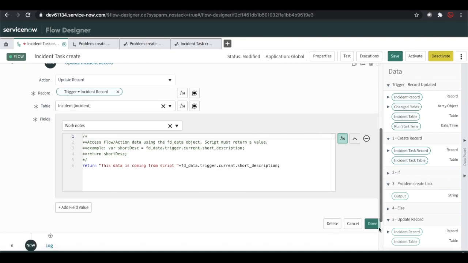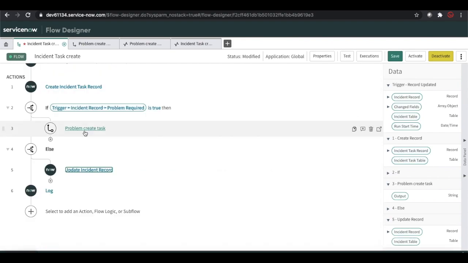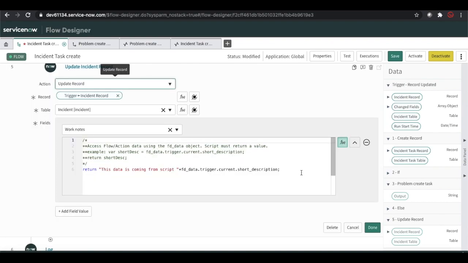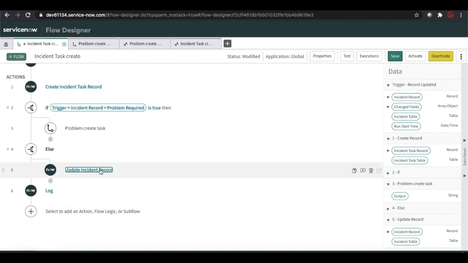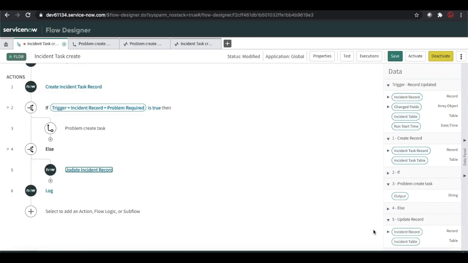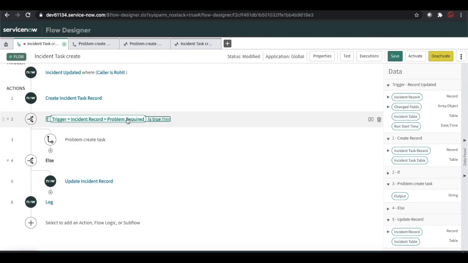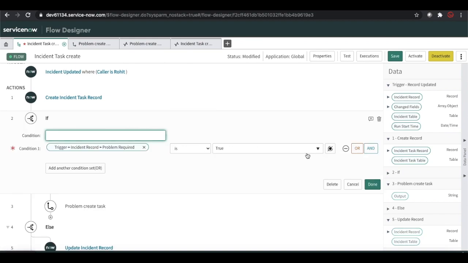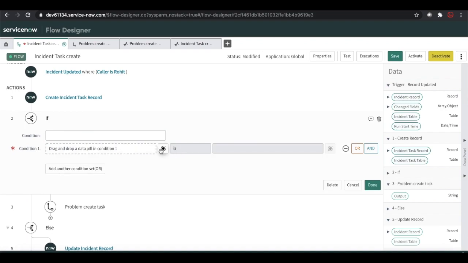Once you put that and save that, let's open that one. So this one will be evaluated from the script. Even in an if condition you can write that script also, if we require. Like here you can write the script.